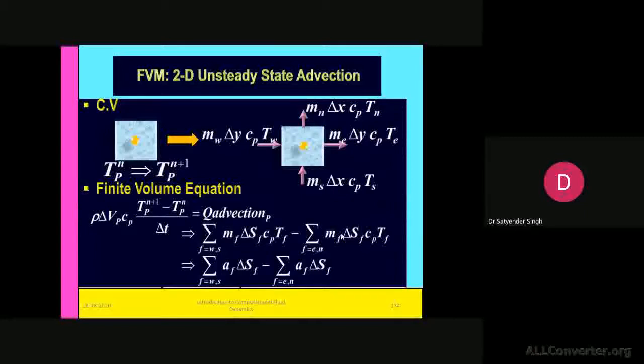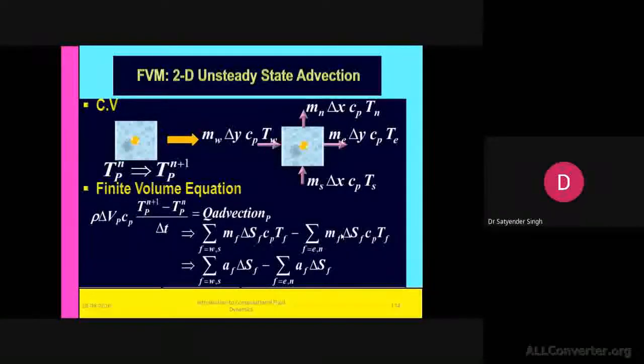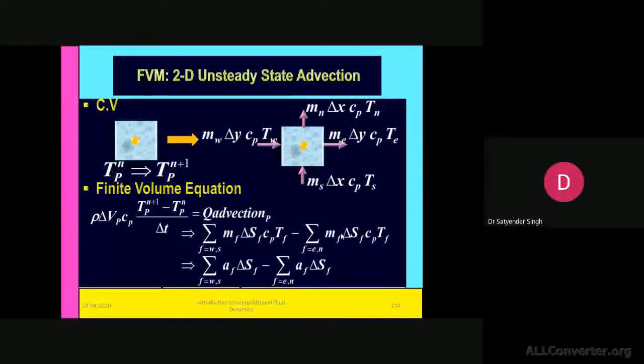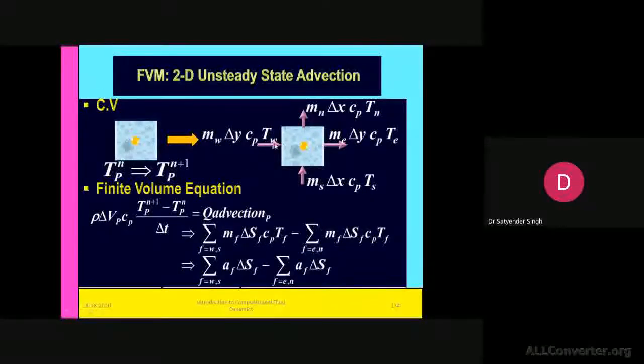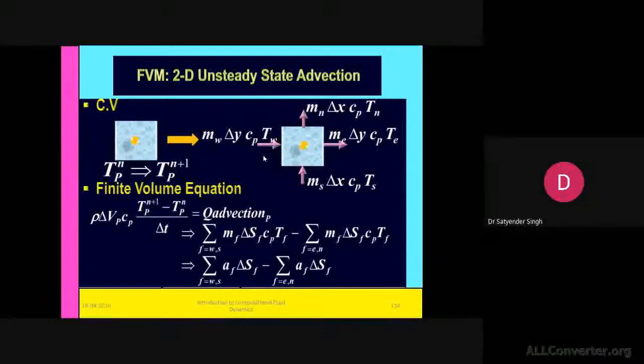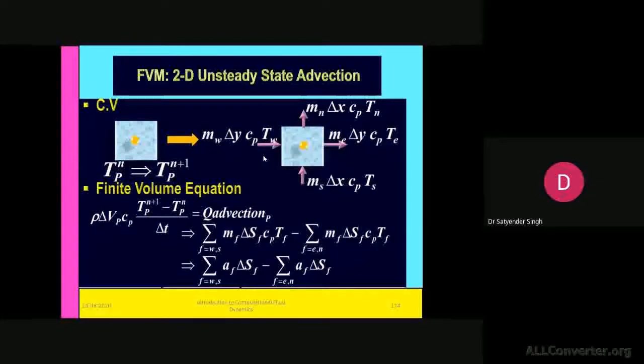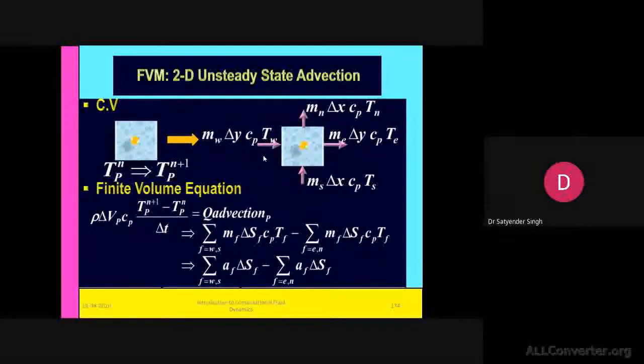So advection, if you remember our terms, the first term is del rho u by del t plus rho c p with respect to the x and with respect to the y coordinates. We have the advection terms in the energy equation. So how will they be solved? For the first, it will be the rate of change of internal energy, and this will be the rate of change because of the enthalpy imparted to the system, which is the energy coming with the fluid flow to the control volume. That particularly we have to solve.